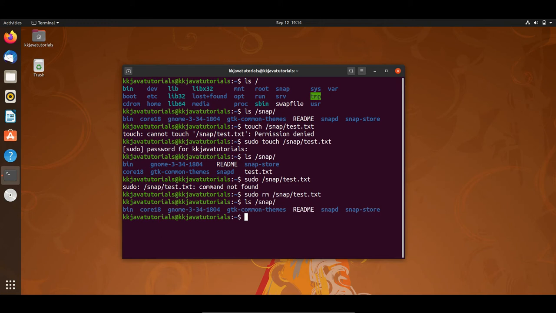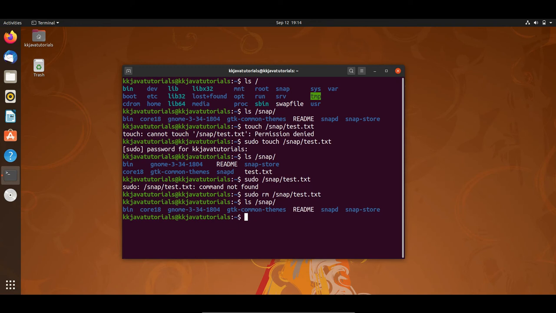Now I don't need to write sudo before any command, because I have already switched into the super user. Now if I do ls and then snap, I'm going to create one directory in this, but I'm not going to prefix my command with sudo.